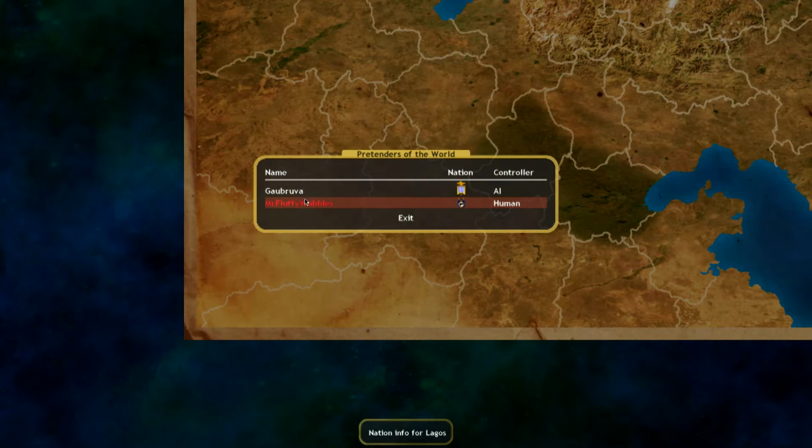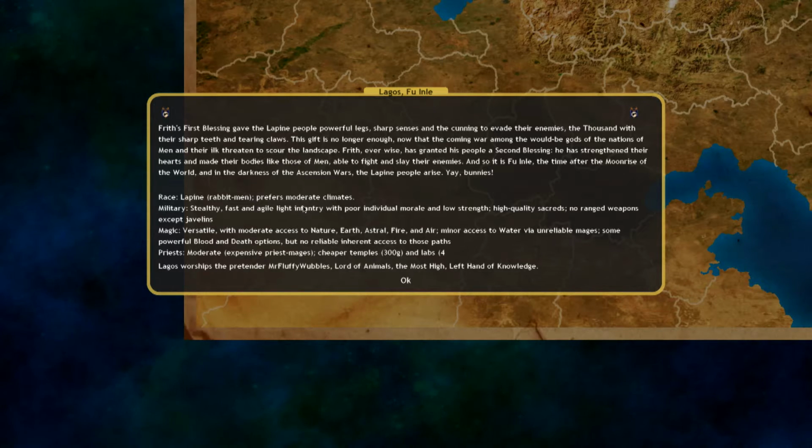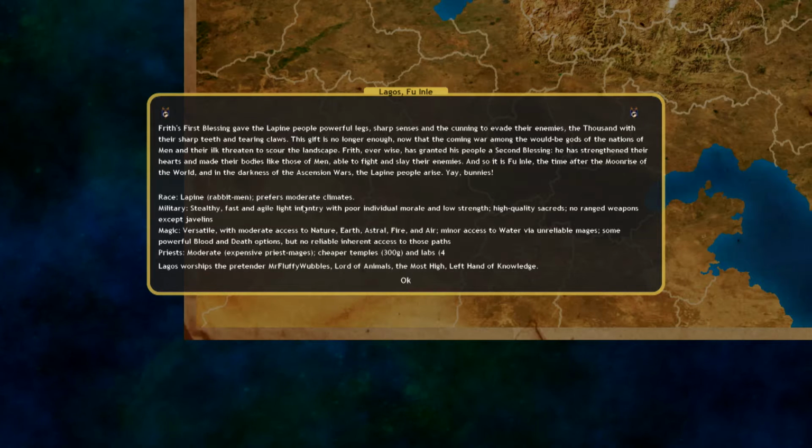So I created the pretender Mr. Fluffy Wubbles, and Mr. Fluffy Wubbles is not the best choice for a pretender for this nation. I did it, as I always do, in order to be able to summon all of the nation's special summons. But in reality, Globu has spoken with me and let me know that he recommends, because there are pretty decent sacred units, a bless strategy, primarily focusing on water or nature, and he says the Lady of Streams,